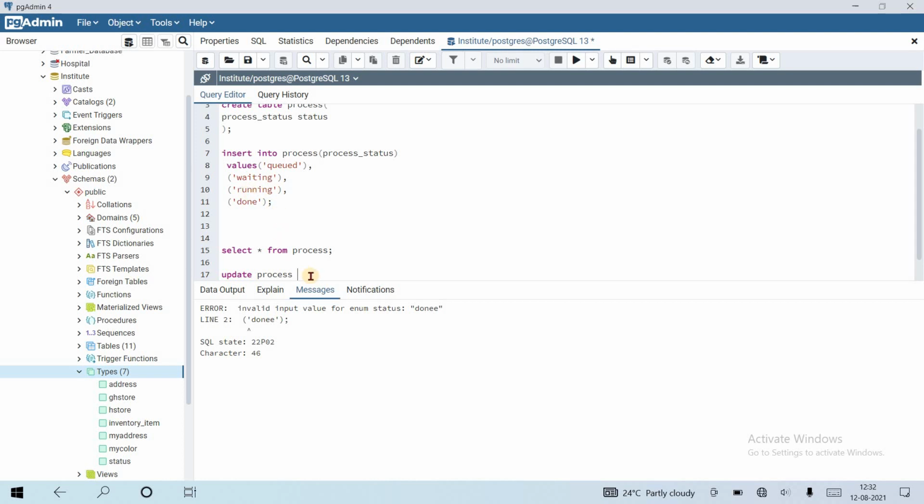On a production server we update it with the help of update process set column name process status.